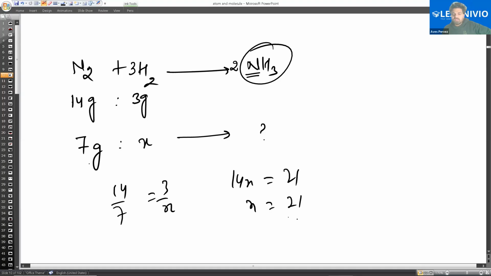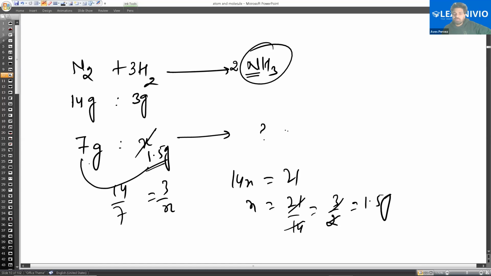then x is equal to 21 upon 14. You cut it, you will get 3 by 2. When you cut it, you will get 1.5 grams. So out of 6 grams, only 1.5 grams of hydrogen will be used. So इतना ही मिलके बनेगा 8.5 grams of nitrogen, दोनों का मिलकर के। और आउट ऑफ 6 ग्राम्स 1.5 यूज हो गया, तो 4.5 ग्राम्स, 4.5 grams of hydrogen will remain unreacted,